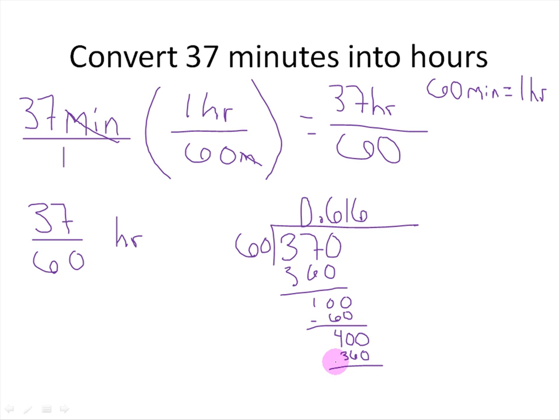And we do the subtraction. That leaves us with 40. And 60 will not go into 40, but it will go into 400. So we're kind of in a little loop here. So this will wind up being a 6 and a 6 and a 6 and a 6, and it's a repeater. So the question was 37 minutes into hours is